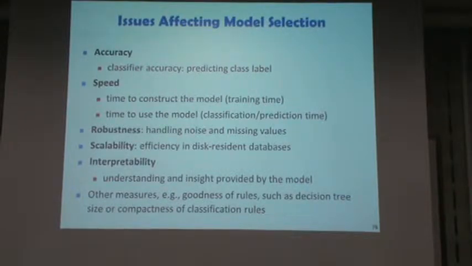So we already see some of the issues when we select a model. The higher the accuracy the better, but it's not always only the accuracy. We need to think about the speed; a classifier like the decision tree requires very high computation. Robustness means whenever you learn the classifier, it provides the same accuracy level. Scalability means handling more data. And interpretability: we have a very nice decision tree, which is easy to understand, whereas something like a neural network is not understood, so we cannot use that.